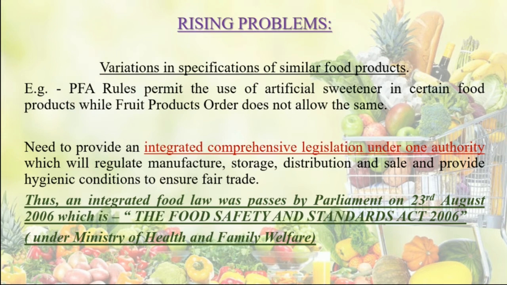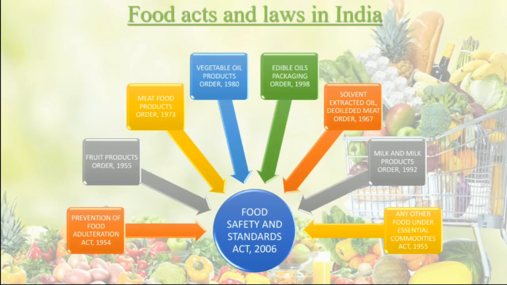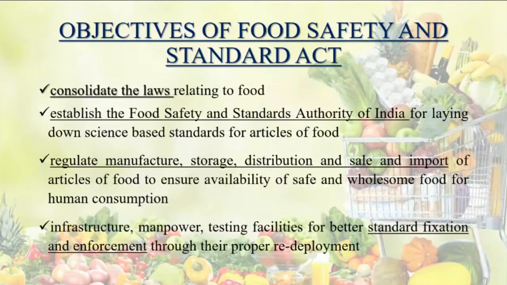और इस तरीके से FSS Act, that was Food Safety and Standards Act 2006, was established under the Ministry of Health and Family Welfare. This thing is very important to know that FSS Act came under Ministry of Health and Family Welfare. 23rd August 2006 को इस बिल को पास किया गया पार्लियामेंट में कि now we will integrate all these different laws and regulations and we will have one authority for food laws and regulations. So in this diagram also you can see that all the different laws and regulations like PFA Act and all the different Essential Commodities Act, they all came into one umbrella। वो सब एक umbrella के अंडर आ गए, that was FSS Act, Food Safety and Standards Act 2006 के अंडर इन सबको इंटीग्रेट कर दिया गया।